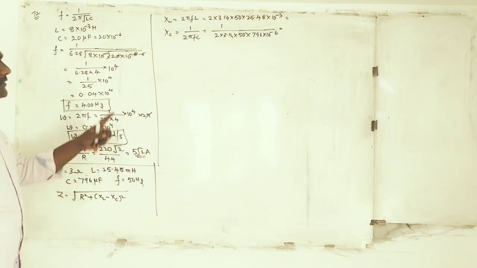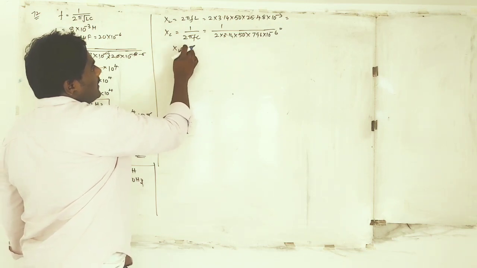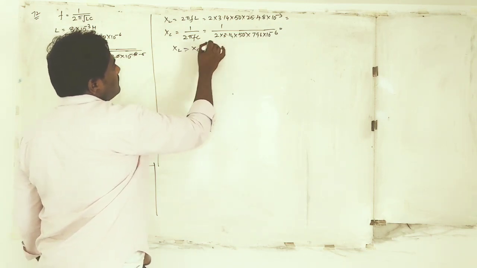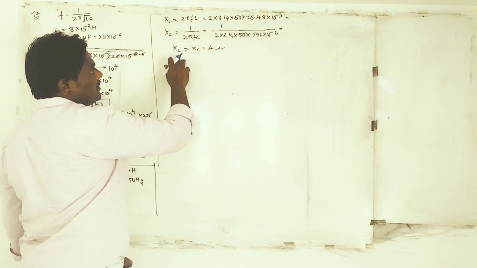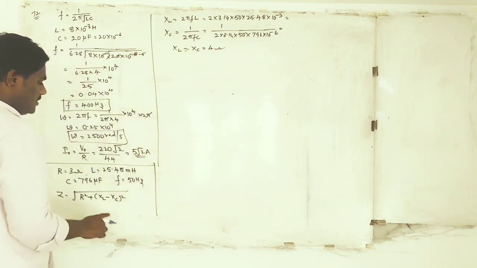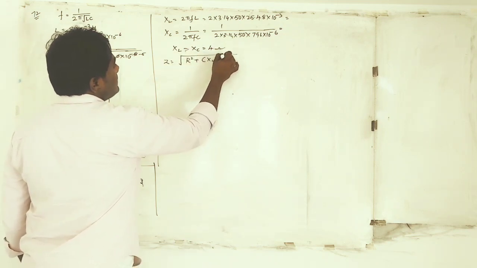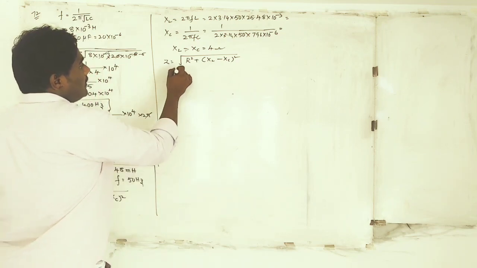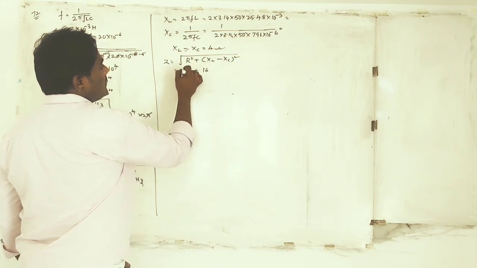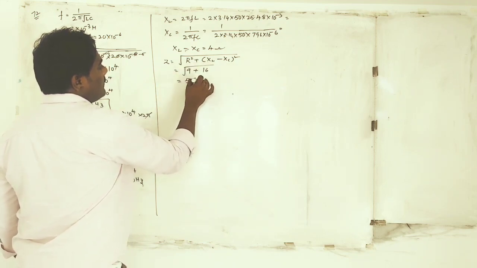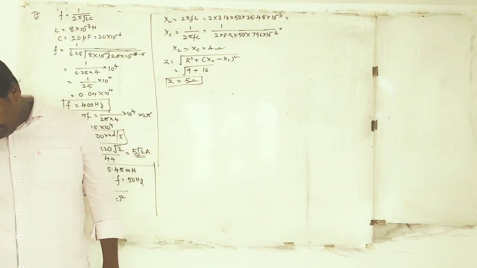Now if you solve this, XL and XC you will get, just do the calculation because board and time is not sufficient. You will get XL minus XC value, which will be equal to 4 ohm. Now what is the impedance you have? Z is equal to root of R square plus XL minus XC whole square, right? Then the R value given is 3 ohm, so that is 9. XL minus XC whole square is 4 squared, that is 16. Then root of 25 is 5 ohm, the impedance. So your option is B.